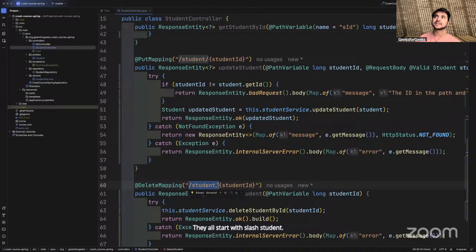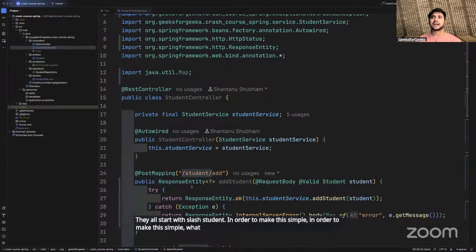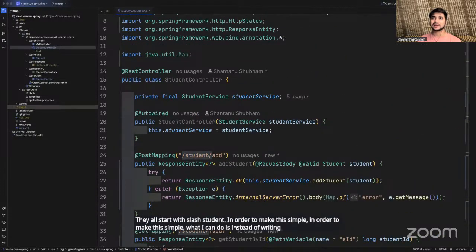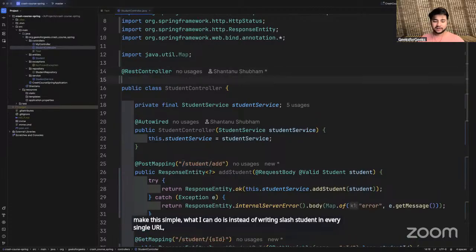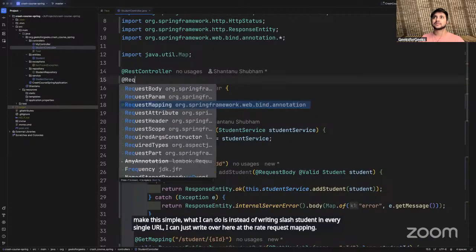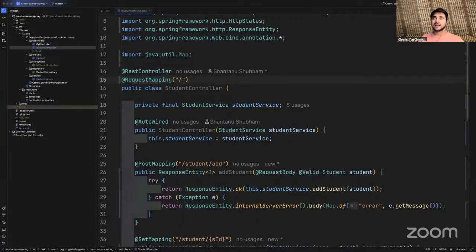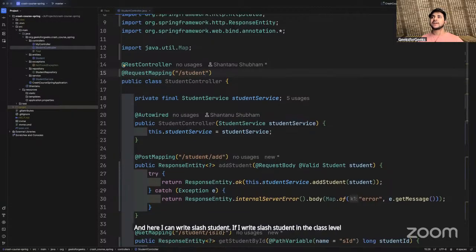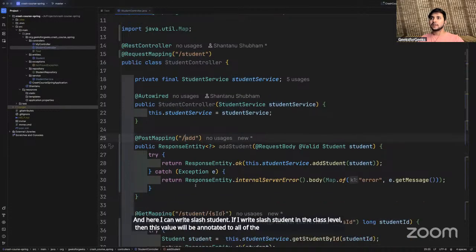In order to make this simple, what I can do is instead of writing /student in every single URL, I can just write over here @RequestMapping, and here I can write /student. If I write /student at the class level, then this value will be applied to all of the APIs.